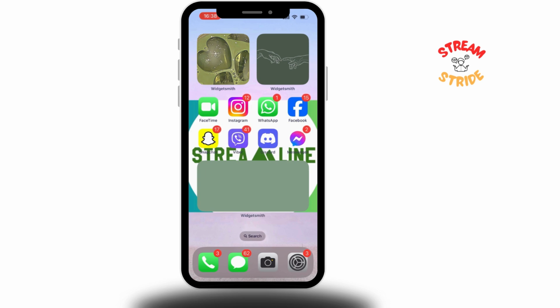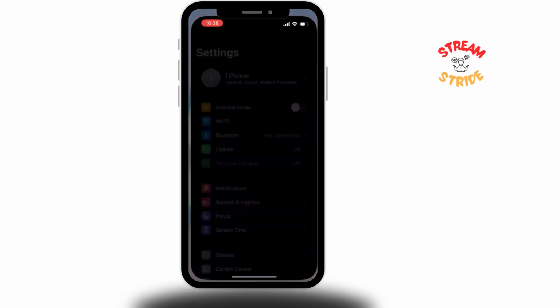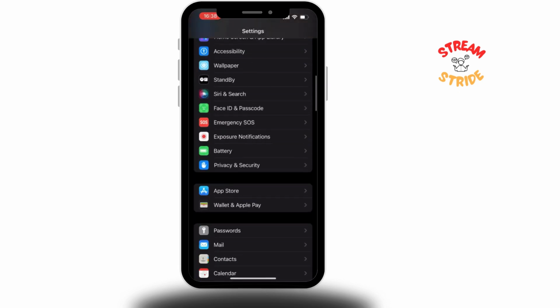So you can create a separate page on which you want to hide the apps, and just not select that page. So the second method is go to your settings, and then go a little bit down to Siri and search,